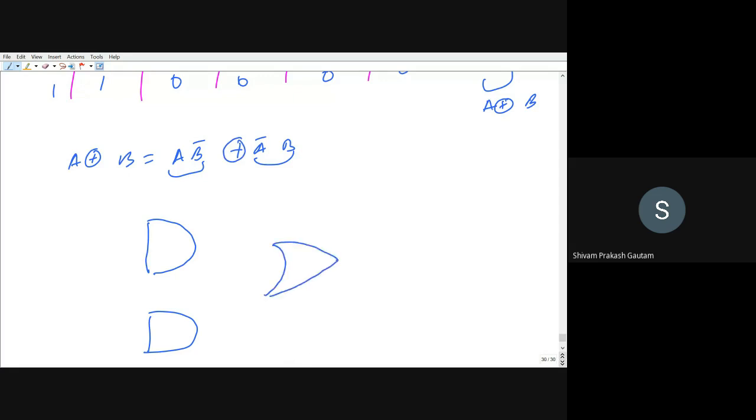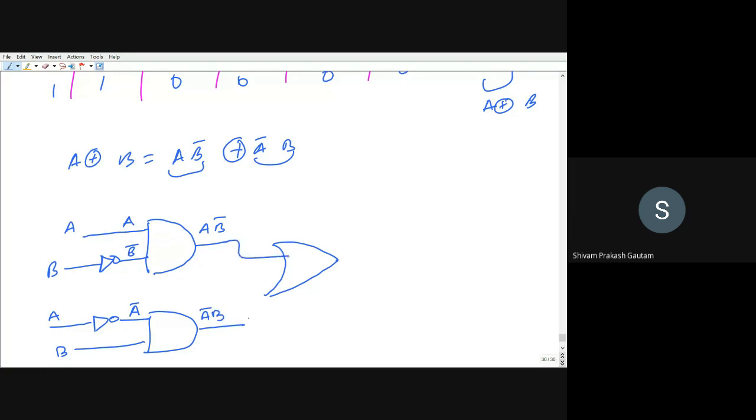In the first AND gate, we are providing A and B bar. So B should be passed through a NOT gate, right? So here we are having A, here we are having B bar. The output of this AND gate will be A B bar. Similarly, for the second case, we are having A bar, so A will be passed through an inverter, and this is simply B. So here we will be having A bar B, and both of these are provided to the inputs of the next OR gate. So finally, we will have A B bar plus A bar B, which is equal to A XOR B. Is it okay?